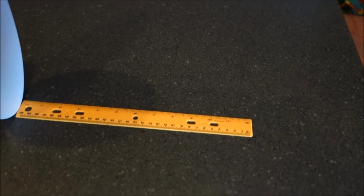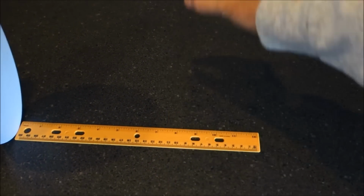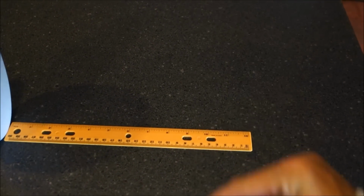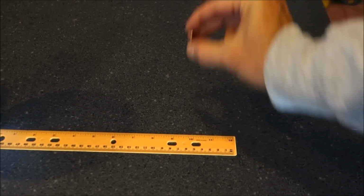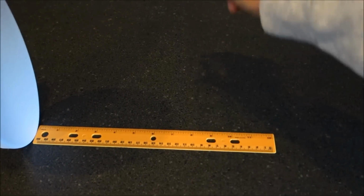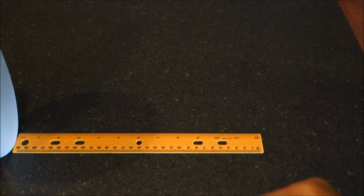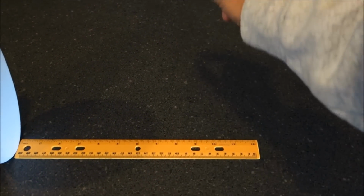Whispers at 11. Zinc penny. We're looking at 9 inches, 9.5. We're getting some whispers. Copper penny. 8 inches, 9 inches, and let me tell you guys, I wish I had another camera that could show you